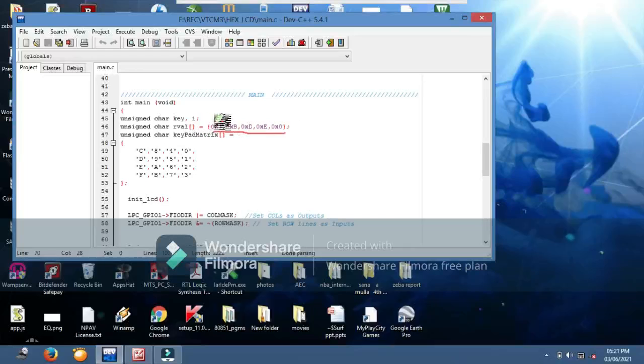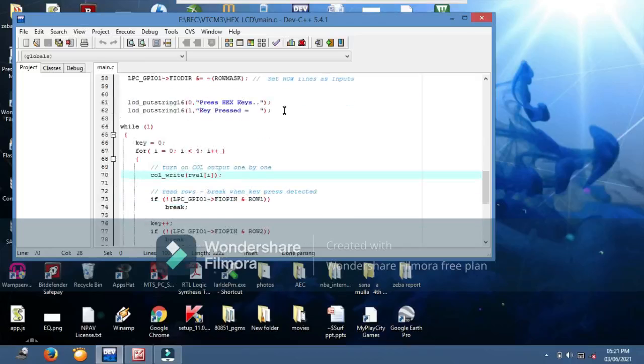So rval[0] is 0x7, rval[1] is 0xb, rval[2] is 0xd, 0xe, 0, like that, right? Initially i is 0, so rval[0] is 0x7, which we defined in the array.